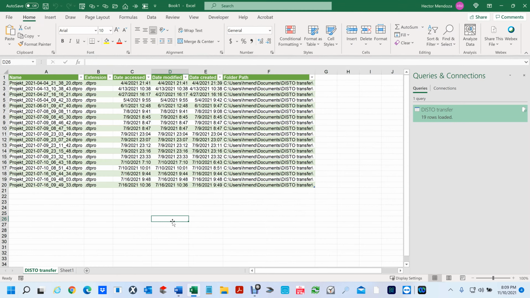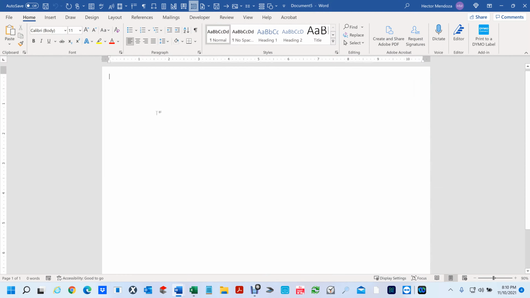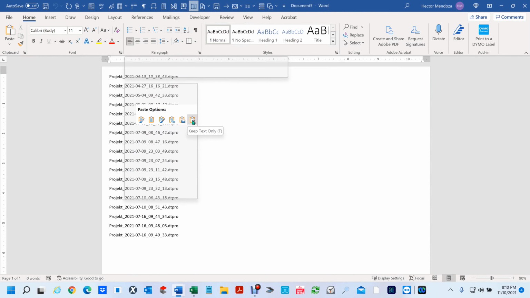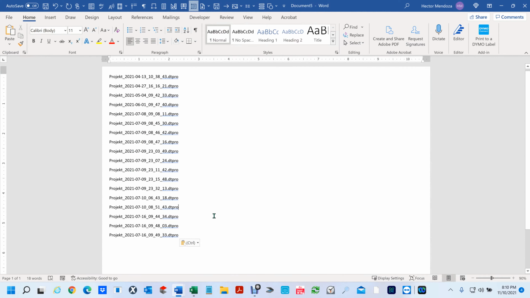Okay guys, and now from here, so let's say you want to copy this into Microsoft Word. You can hit Control C, open up Word, and you know it's opening up in a different monitor. Let's move this guy over here. You want to hit right click and use this one here so that it takes the characteristics of the document that you're opening in. But anyway,